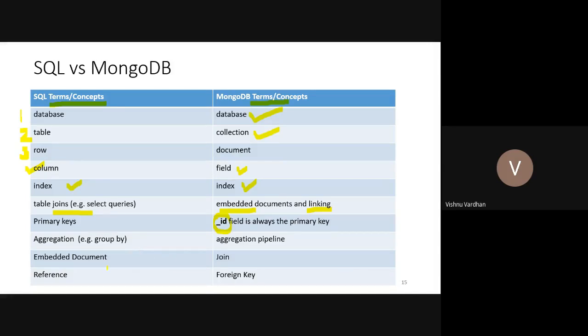This embedded documents, it is something which is given in reverse way actually. Then reference and foreign keys. Foreign keys are there in the MongoDB. Then we have the references also. So in that way, we got this SQL as well as MongoDB concepts, which are nothing but the storing mechanisms. In either format, you are going to store the data only.